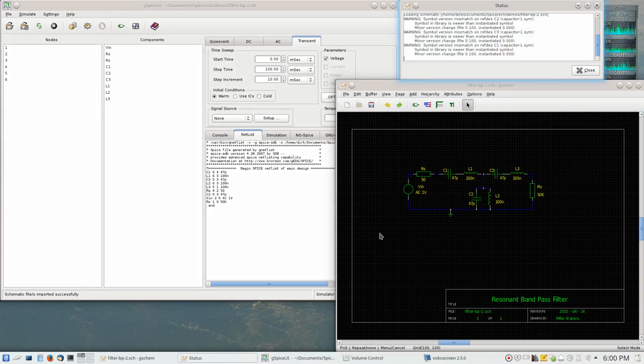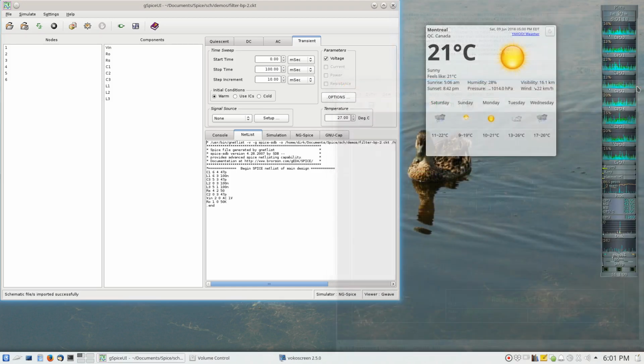about to simulate. So it has an input voltage and an output resistor, and I'm noticing that it has fairly small capacitor values of 47 picofarads. It has small inductor values of 100 nanohenries. So all of this suggests that it's an ultra-high frequency circuit, if not a microwave circuit. And it's a bandpass filter, and I would like to simulate what its behavior is by using alternating current as